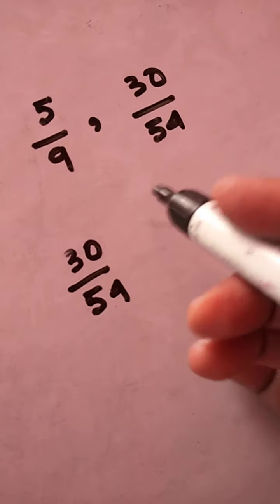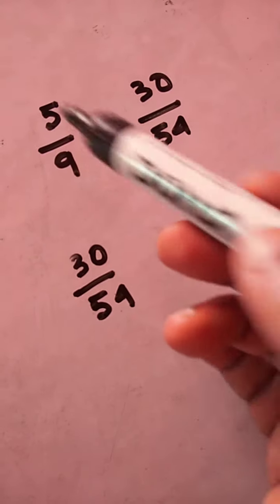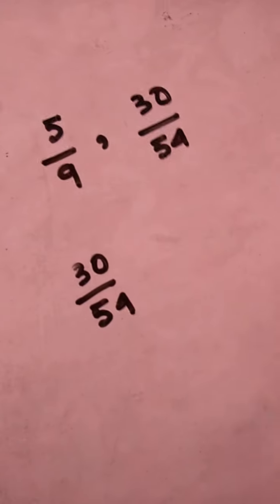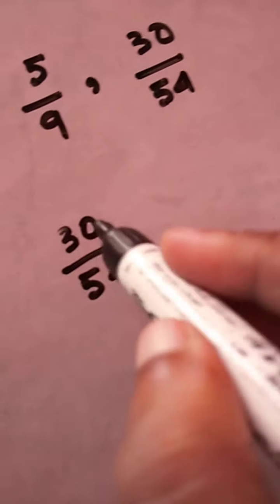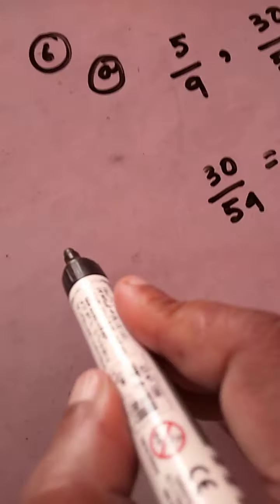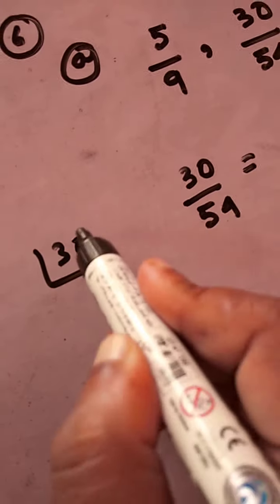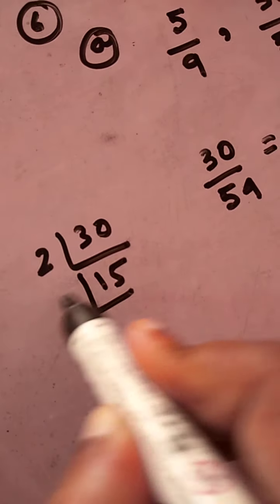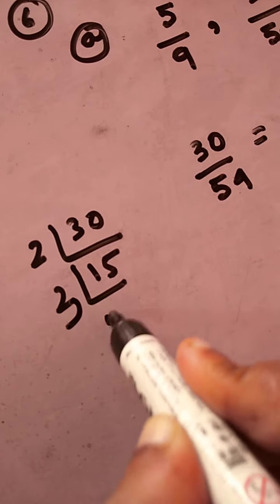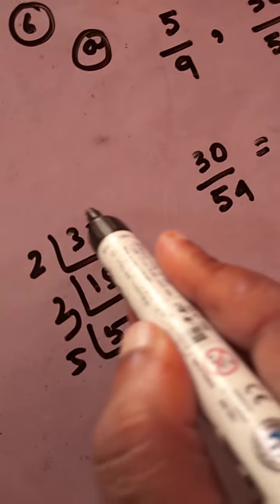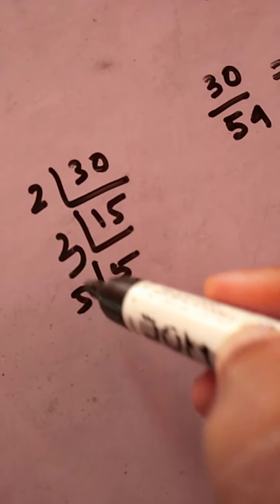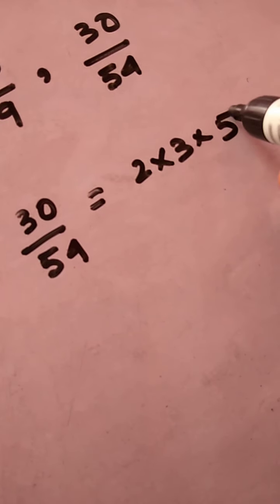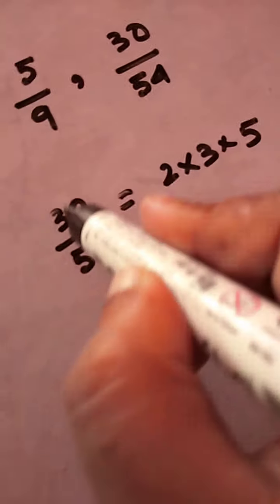And if some other value comes that is not equivalent to 5/9, whatever it could be, then we'll say that these two fractions are not equivalent in nature. So how to get it? Now we have all learned prime factorization, which is the easiest step. For 30: 2 15s are 30, 3 5s are 15, and 5 1s are 5. So in place of 30 we can write the product of all those factors, that is 2 into 3 into 5, isn't it? If you multiply all these numbers, we'll get 30.